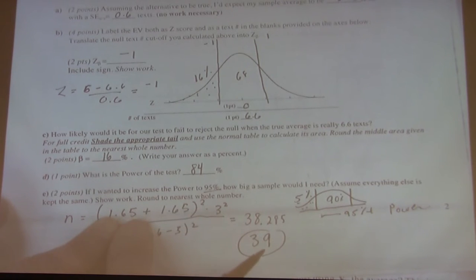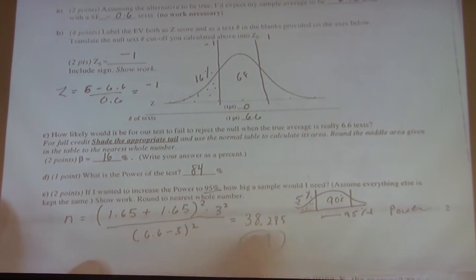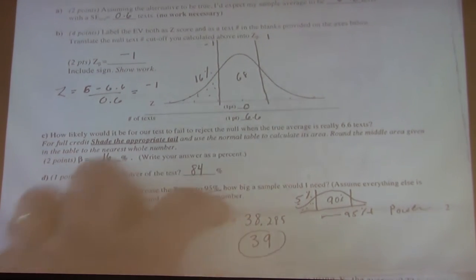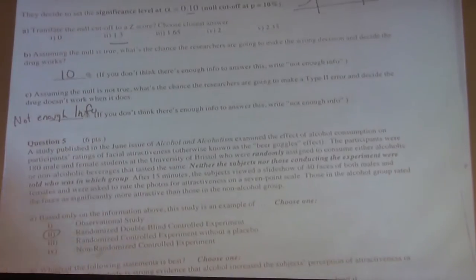We look at 5% type 1 and 5% type 2 error is what it means. And so that was the biggest mistake. And this, some people got this messed up. But the answer should have been 39. Questions on that? 38 we accepted. All right, let's move on. Next one